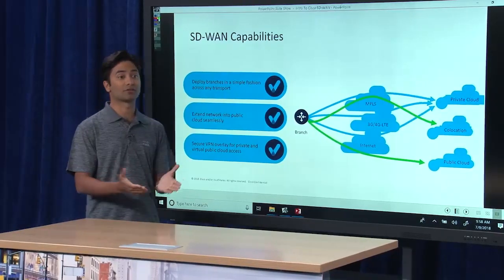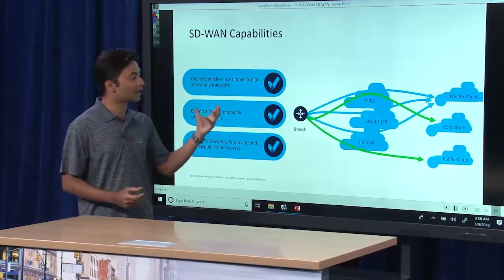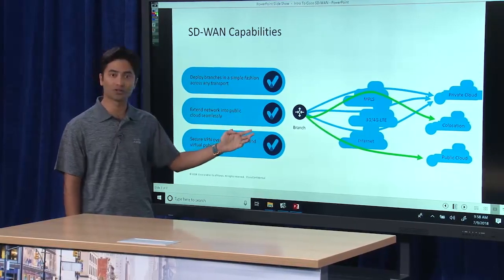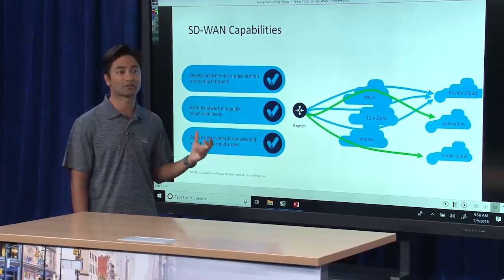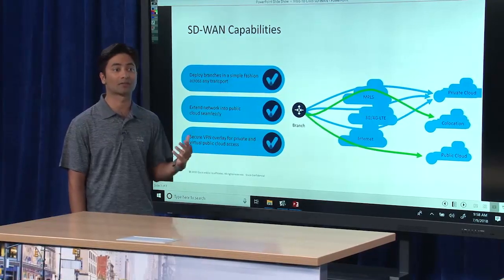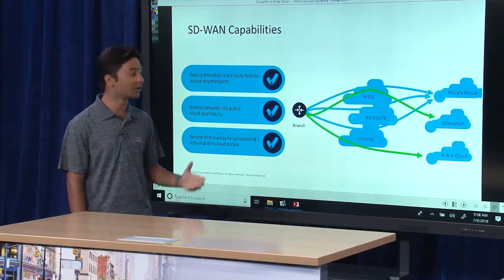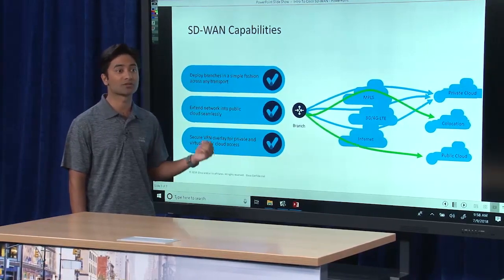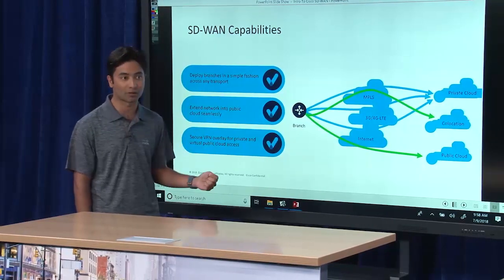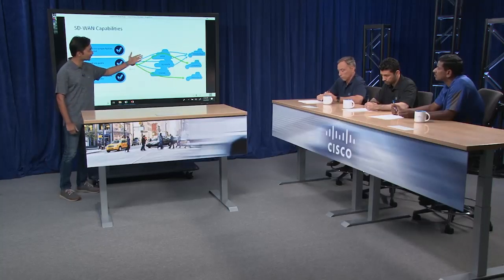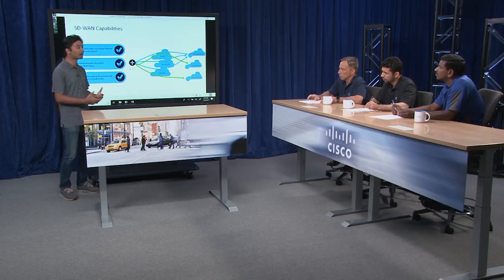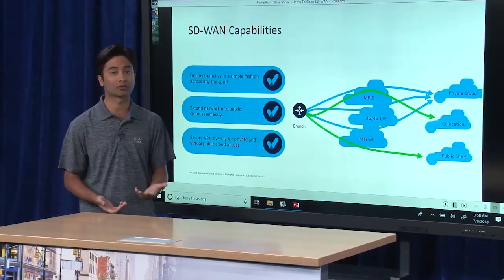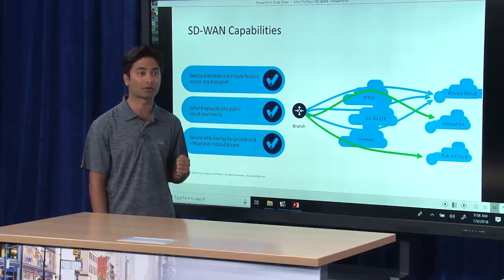So there's a couple of things that you've highlighted here, and let's unpack them. When we talk about how it simplifies things, well, when we deliver a mechanism to deploy these solutions in a simplified fashion through centralized dashboards, through automated programming of configuration, through zero-touch provisioning, you'll see that the actual overhead in bringing up the site is very, very low. So we're simplifying what it takes to bring up the environment. By having the flexibility to use any transport, I'm again adding additional simplification in that no matter what circuit got delivered to my remote location, I can bring up my site without a problem.